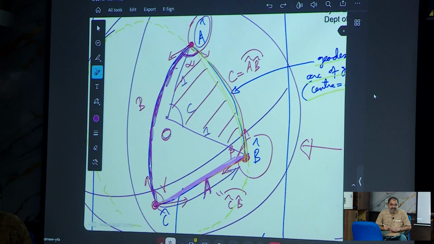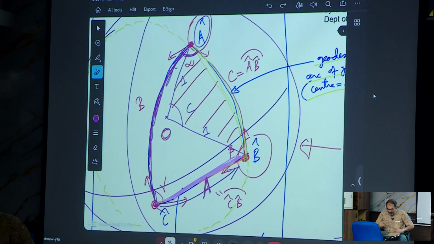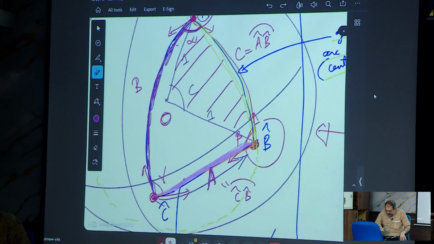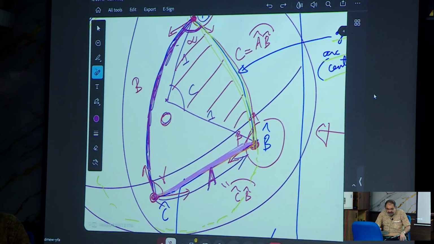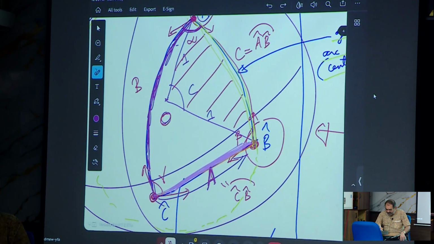I'm not going to call it angle A, as you would normally do, for another reason, because angle A will now have a different meaning. And what is that meaning? It's obvious. Remember that there is this capital A. What is this capital A? This capital A is